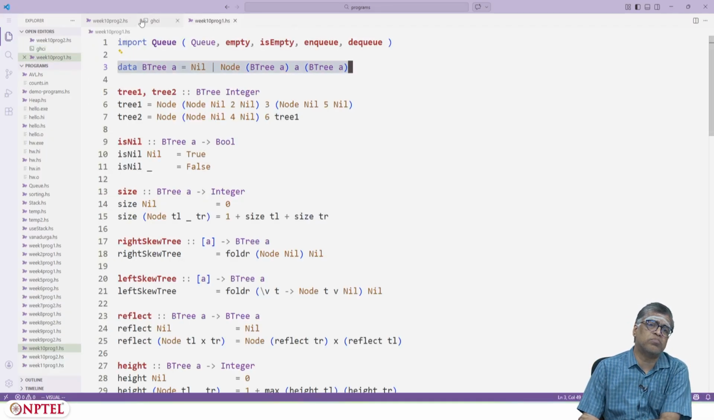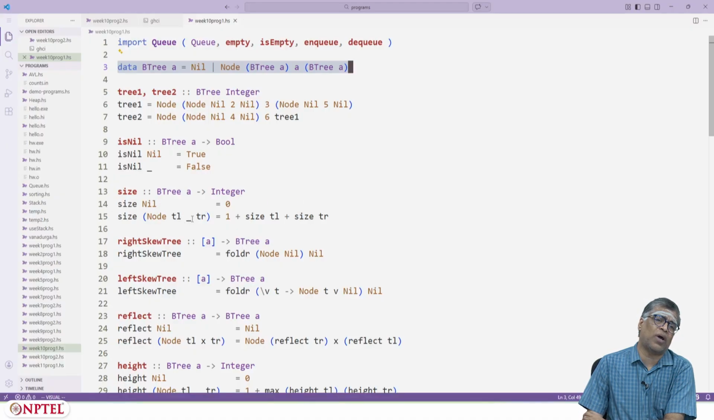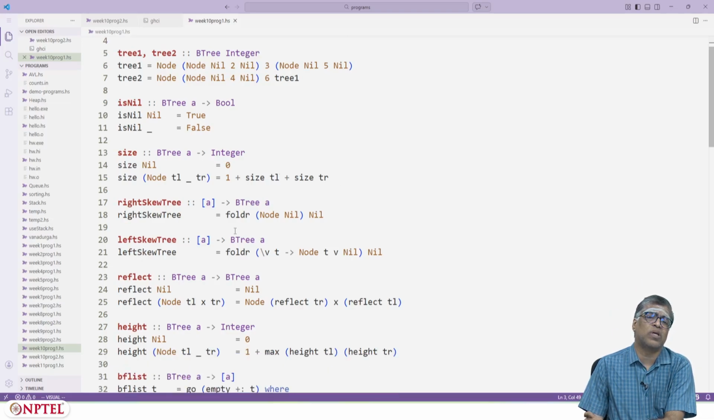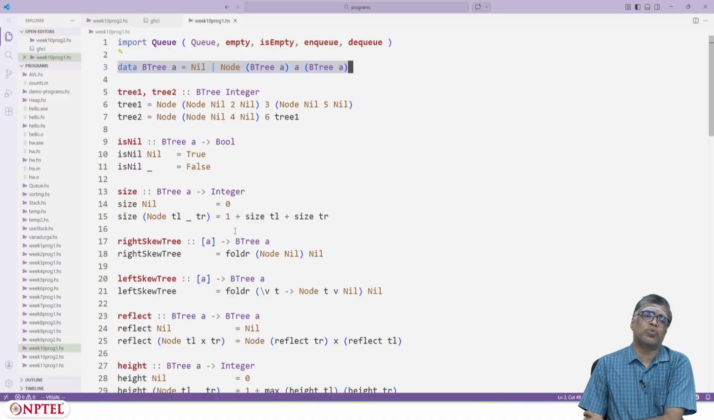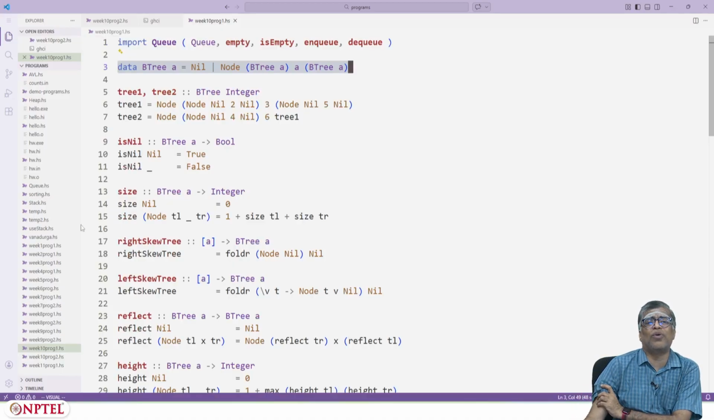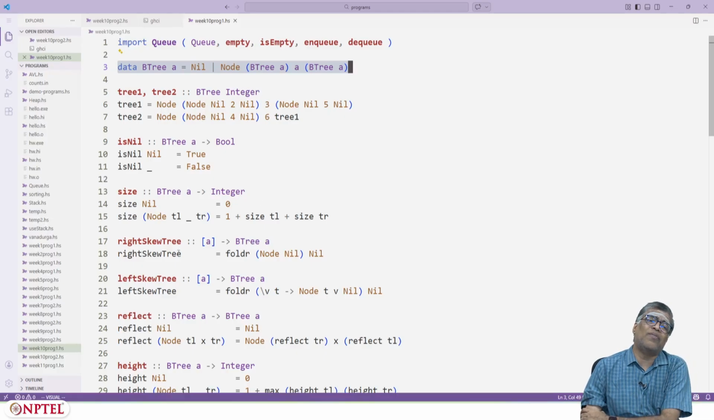Size I have written. So size of nil is 0, size of node TL, and you don't even need to name the root. You don't care what the root is because that's not used in the program. Size of node TL underscore TR is 1 plus size of TL plus size of TR. It's terrible if you have to keep writing trees as node of node nil 2 nil, etc. So I will have some